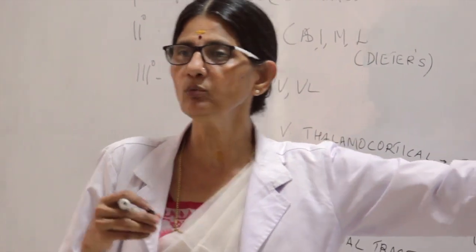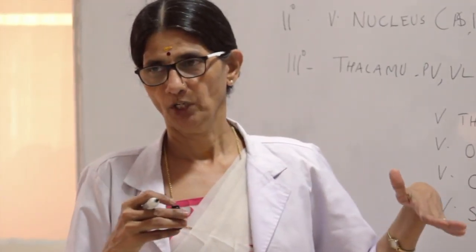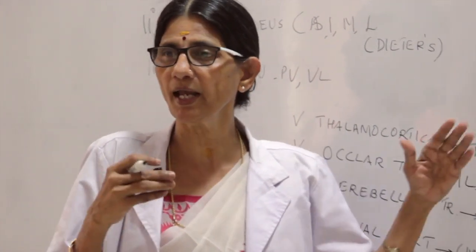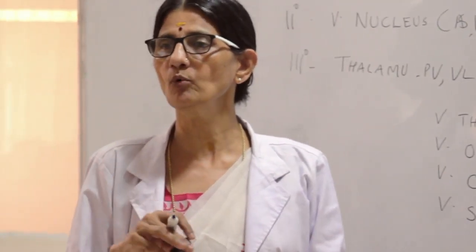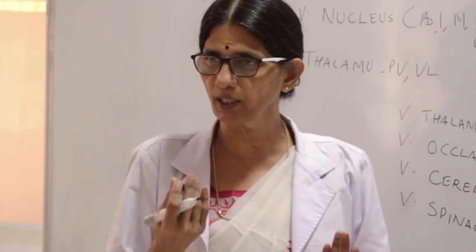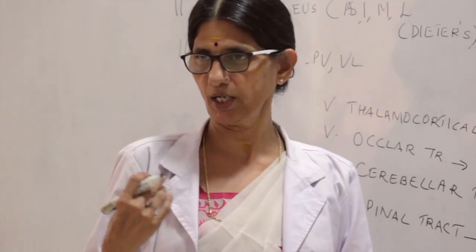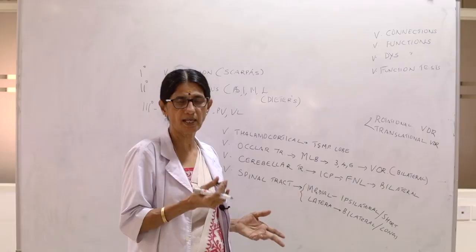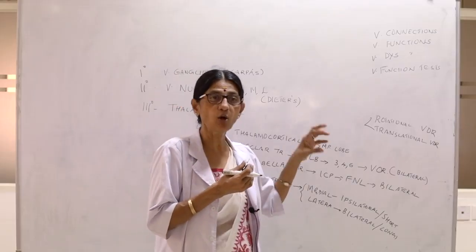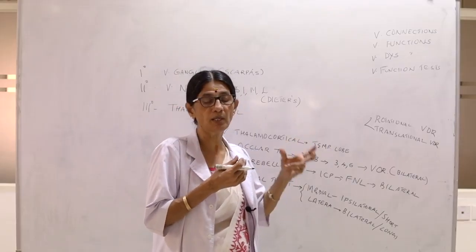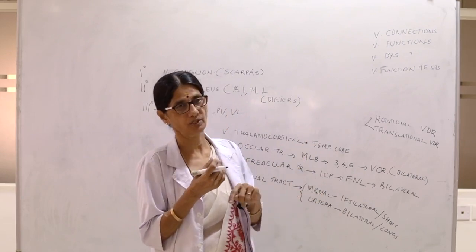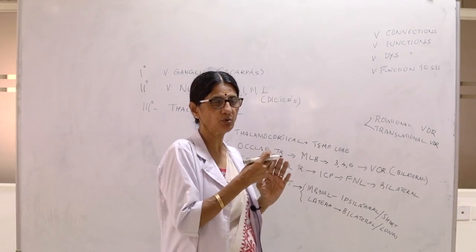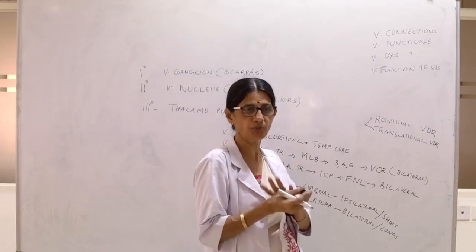So whatever be the movements of the head, there is a reflex movement of the eyeballs, because the head can be rotated or moved in its own axis, whether it be vertical, horizontal, rotational. So when the head is moved in any direction in its axis, the eyeballs will also be rotating in its own axis, but in an opposite direction. Followed? So the movement of the head will be associated with the movements of the eyeballs in the opposite direction,